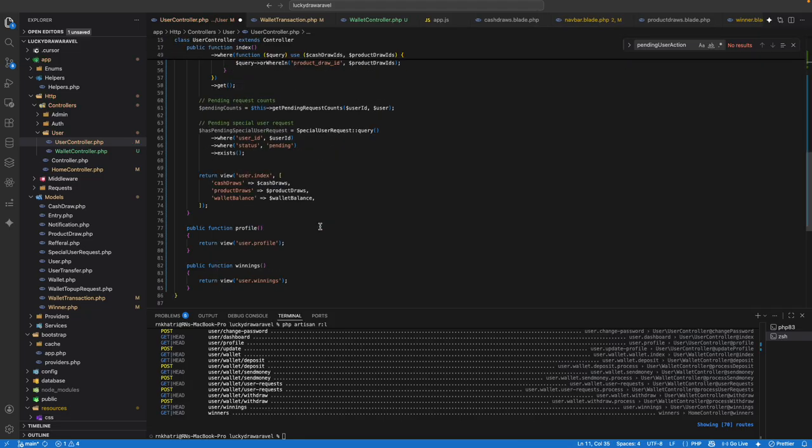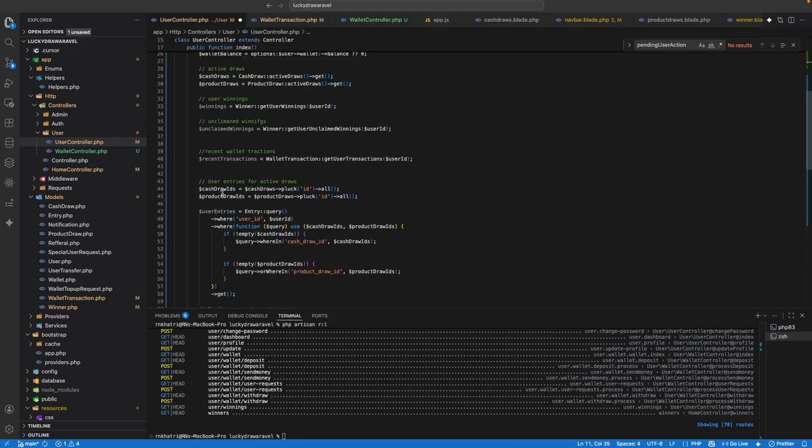Okay, so yes, cash draw block, and product draw block all, and user entry, get user entry from the user id is equal to this user id,